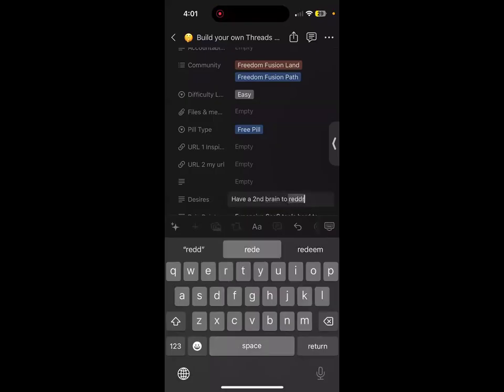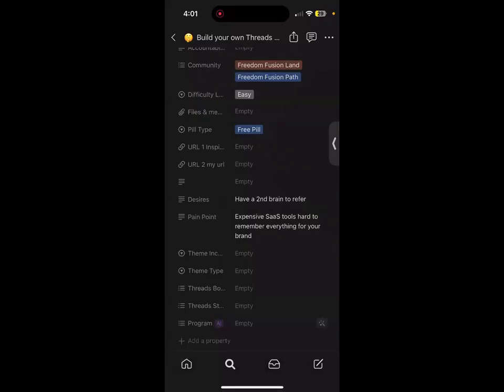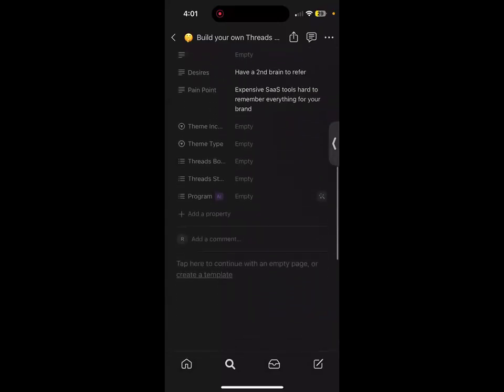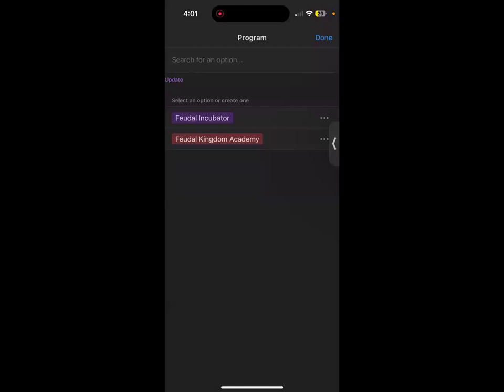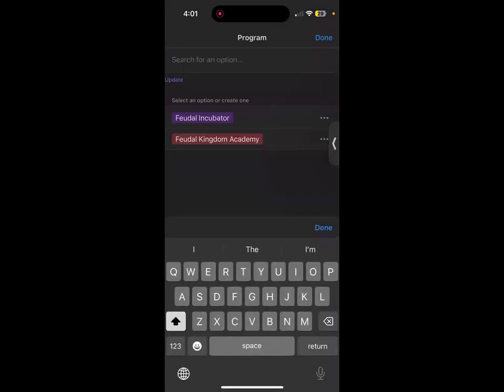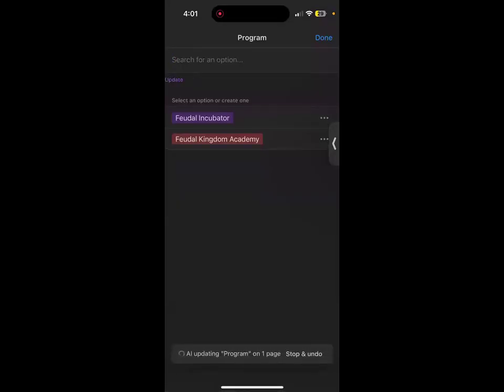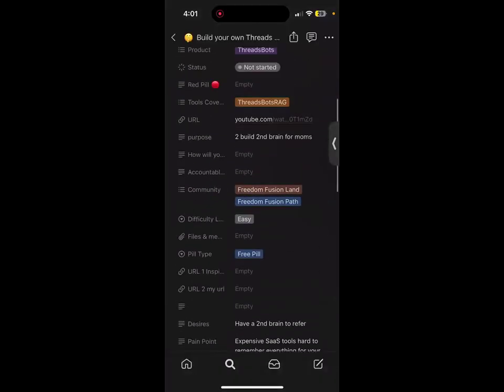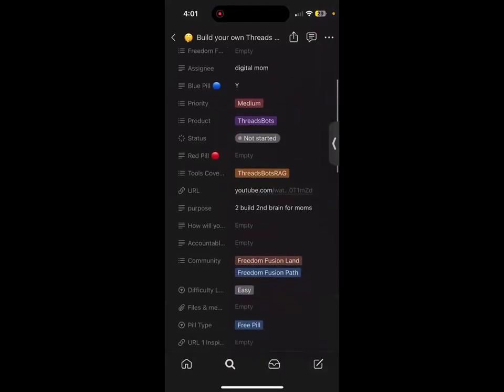So you specialize, you put all of those things together, right? And you don't have to specify it here using Notion. It just makes it easier when you're building this further. There's also programmable AI fields where it automatically recommends what kind of fields you want. You just hit the update button. I don't have the credits, but based on your context, it would recommend a bunch of fields for what this pill would make sense for most. So I highly recommend you get the AI version of Notion. It's very cheap, and it's totally worth it, guys.